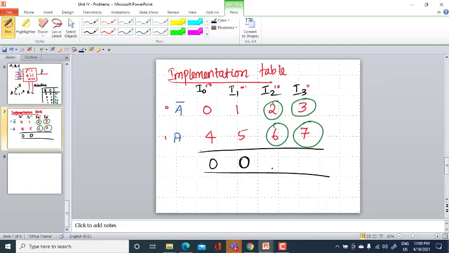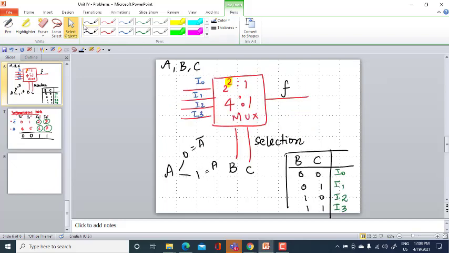If both of them are encircled, I have to give 1, to I2 and I3. So I0 and I1 have to be given 0, whereas I2 and I3 should be given 1. This is how you will be designing a multiplexer.